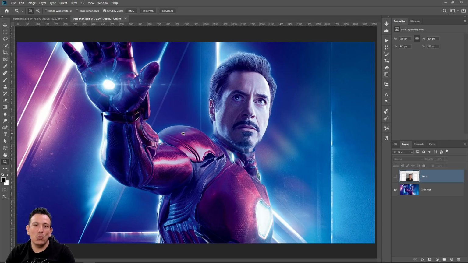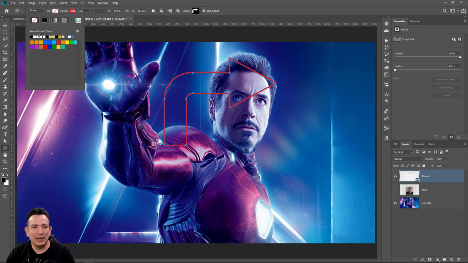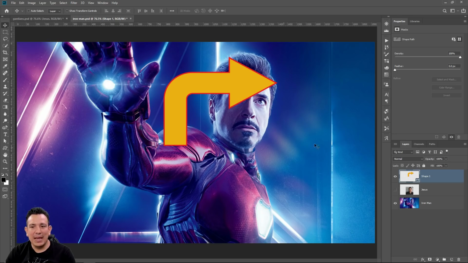But just because a tool or a filter or adjustment is meant for something doesn't mean you have to use it just for that purpose. If you understand what the tools are doing behind the scenes, then we can use them for whatever we like. One of the easiest examples I like to show people is when you have a shape or a layer. It doesn't have to be a shape, as long as you have a layer. So we'll just say that this is our layer, and I'll give it a fill, right? I'll make it orange. And in the layers panel, if I double click, it brings up the